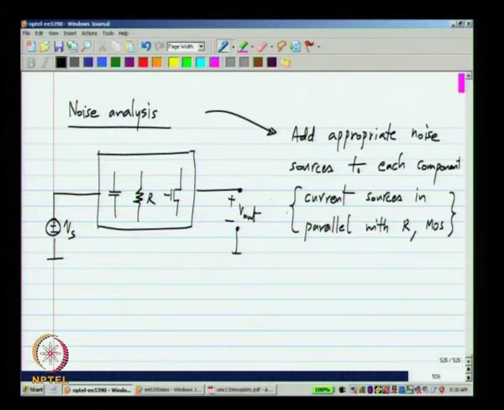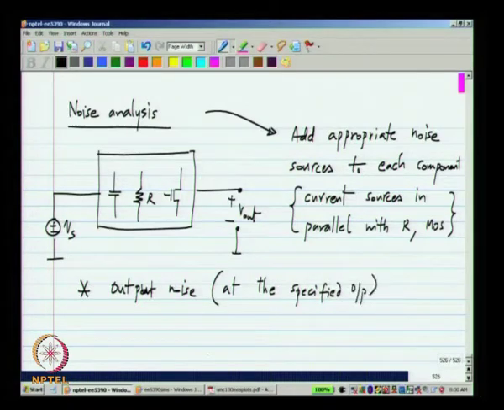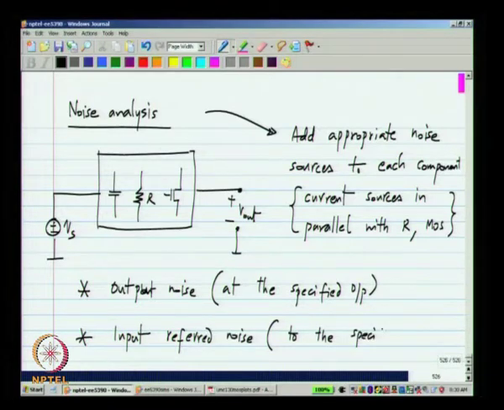Okay. And you need this because this analysis will calculate the output noise at the specified output. Okay. And also the input referred noise, referred to the specified input.